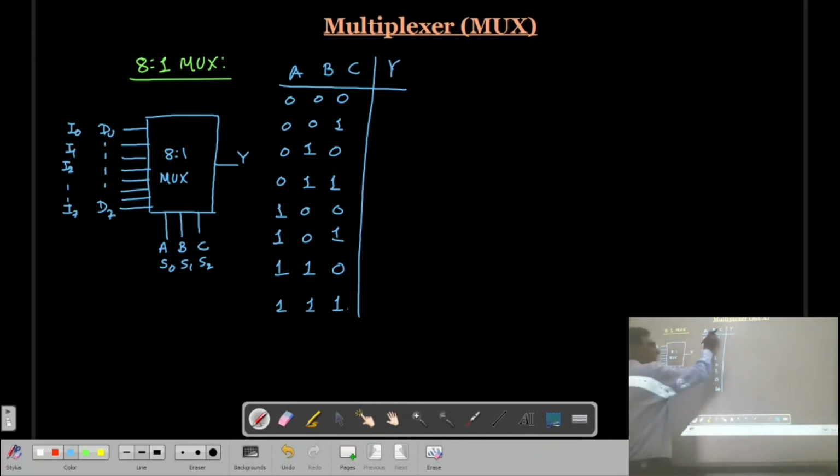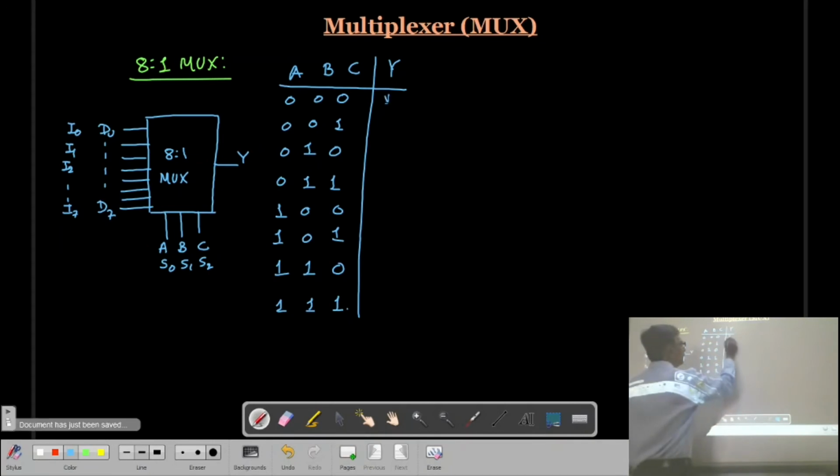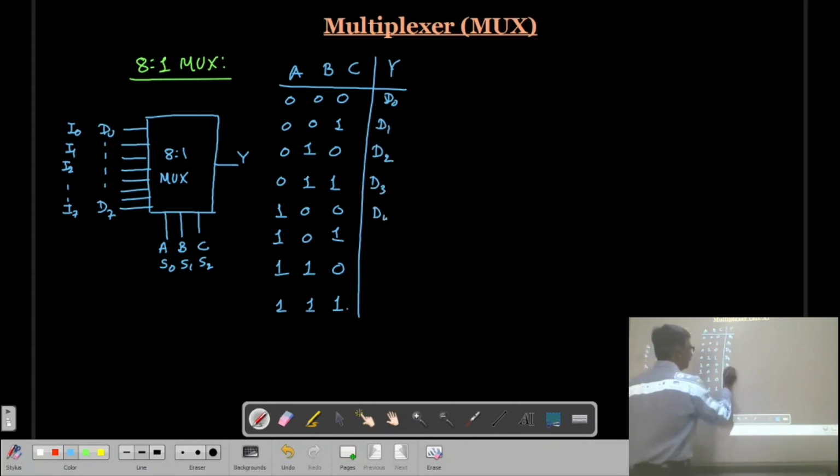Now, when all the selection lines are 0, then it will select the data line D0, then here it will select the line D1, D2, D3, D4, D5, D6, and D7.